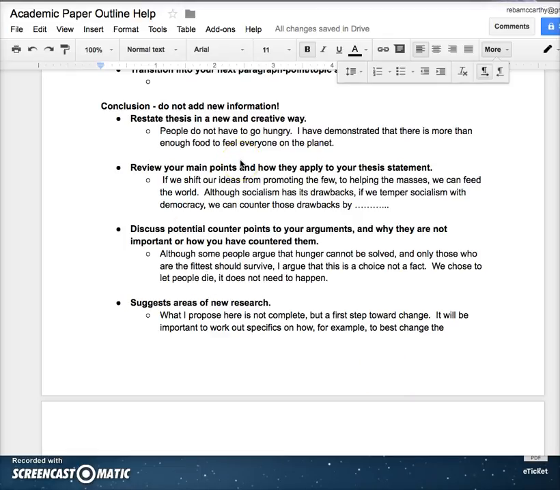So first, we would start by restating our thesis statement in a new and creative way. People do not have to go hungry. I have demonstrated that there is more than enough food to feed everyone on the planet. And then I'd probably elaborate on this a little bit. As Smith said,